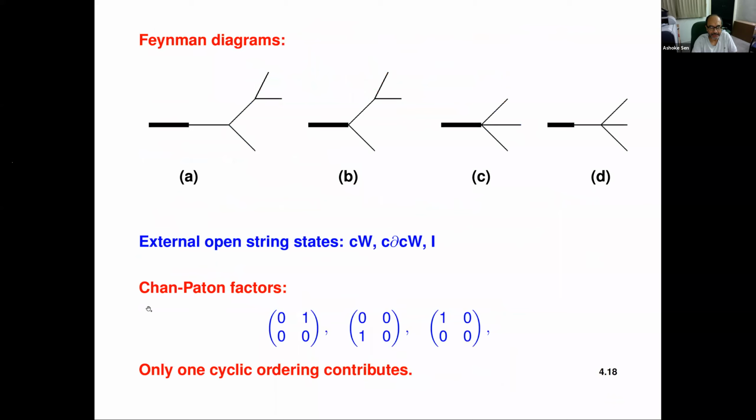Okay, so here I also wanted to say about the Chan-Paton factors. So you see, we have this external open string state CW, okay, but what is this state? This was a state of the string that stretches from the original D-instanton to the spectator. So it carries a Chan-Paton factor. If you take the original D-instanton as 1 and the spectator as 2, the second row and column, okay, so it carries a Chan-Paton factor of 0, 1, 0, 0. Because it describes an open string that is stretched from the original D-instanton to the spectator.